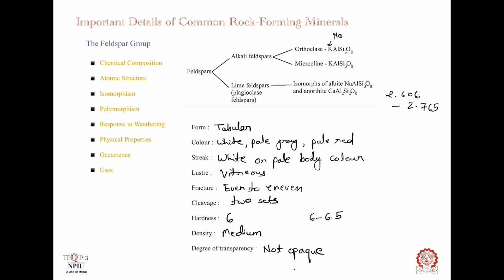Feldspars are used in the manufacture of opalescent glass, porcelain and enamel. Bright green microcline, which is known as Amazon stone, is cut and polished to be used as an ornamental stone. Feldspars are also used as a binder for abrasive wheels and as a mild abrasive. Further, 95% of feldspars are consumed in glass and ceramic industries.